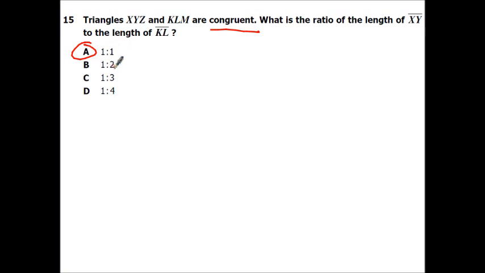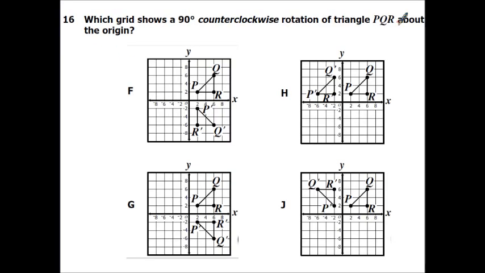1 to 2 would mean that this one's twice the size. 1 to 3 would mean this is 3 times the size. 1 to 4 would be 4 times the size. So 1 to 1 ratio means that they are equal and congruent. All right, this says, which grid shows a 90-degree